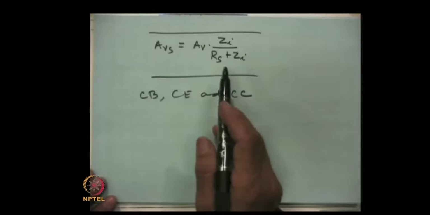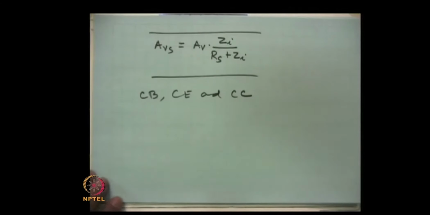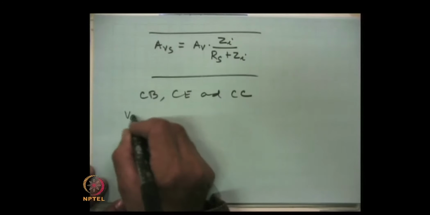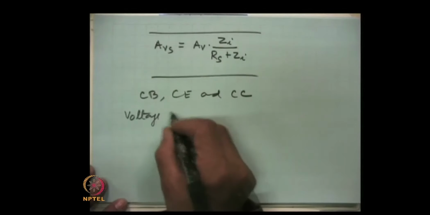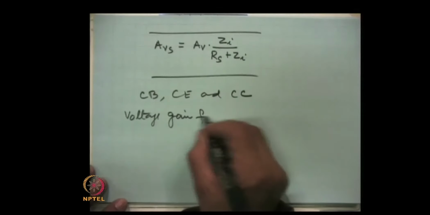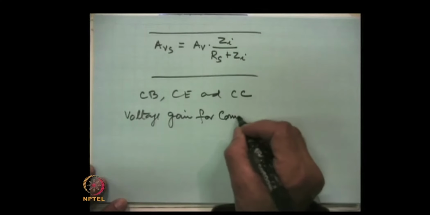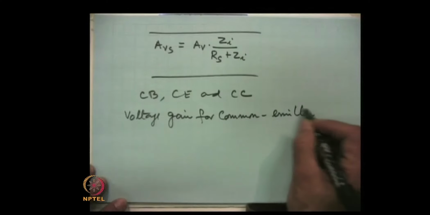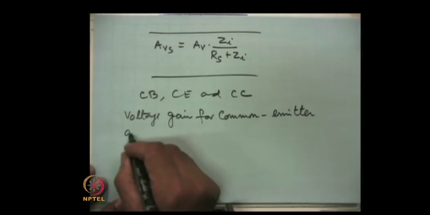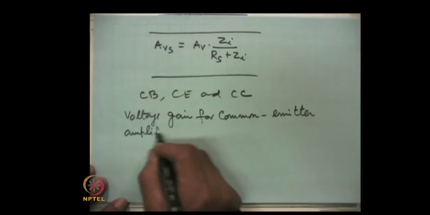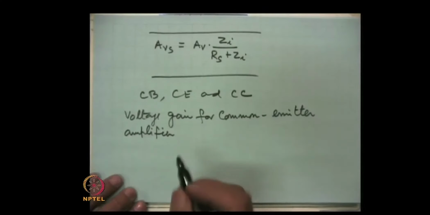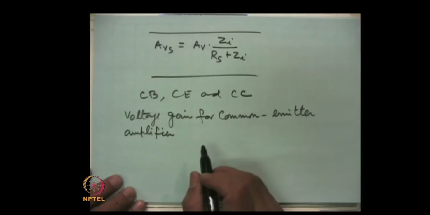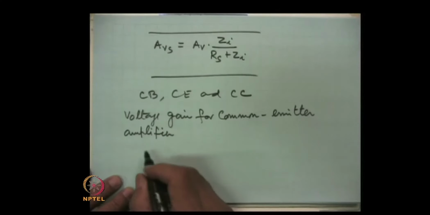If we write the voltage gain for common emitter amplifier, then we have to replace these parameters for common emitter, and this gain becomes